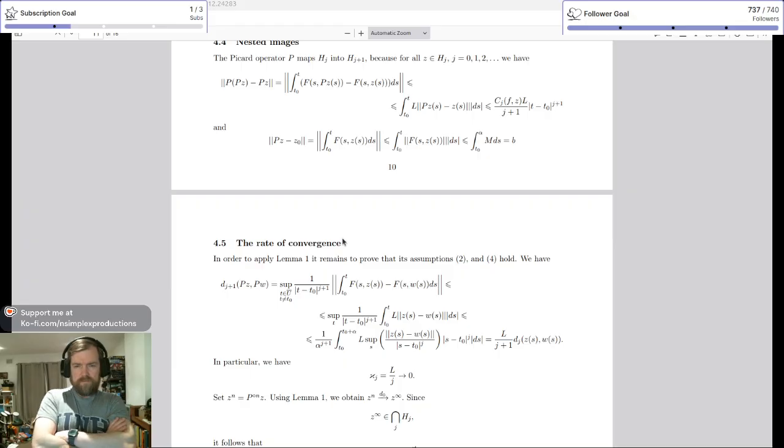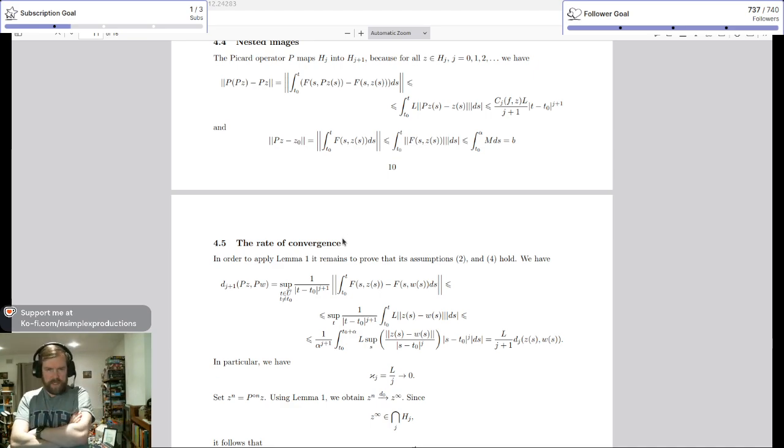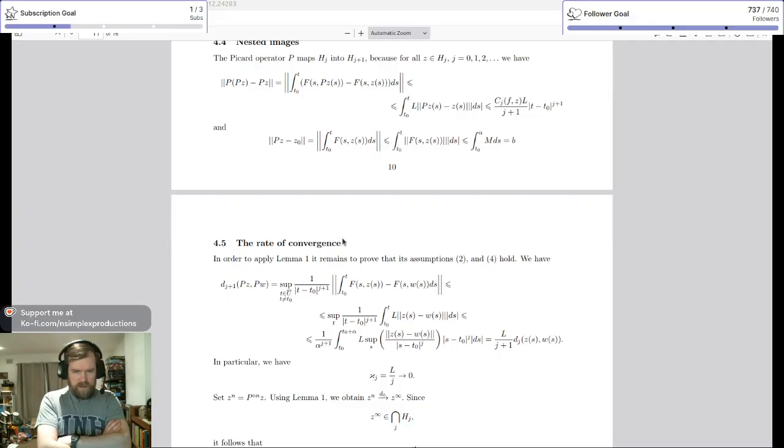In particular, we have kappa sub j is equal to L over j going to 0. So set z super n equal to the nth composition of p on z. Using lemma 1, we obtain that z super n on the d0 mapping to z infinity. Since z infinity is within the intersection of all h sub j,